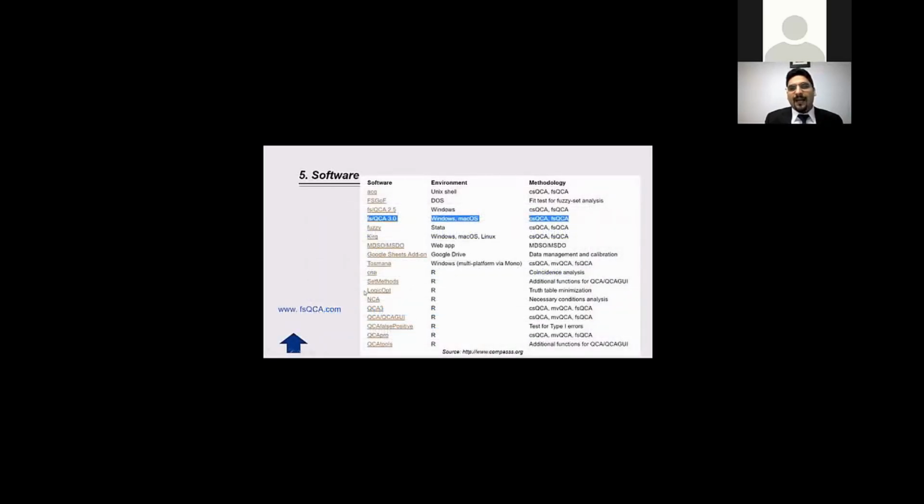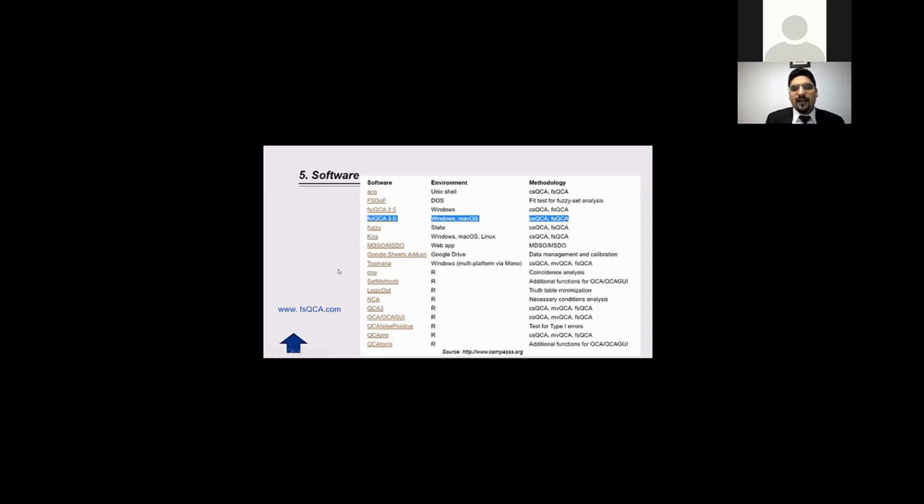I used the list of software from this webpage, compass.org, that provides a lot of information, many books, many articles, many sources for this method. I myself usually use fsQCA 3, now I think 3.5 is released, and it is open access, free of charge. Participants and researchers can download this software, and also the user manual, from this webpage,